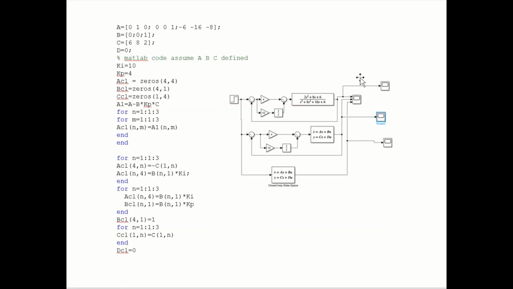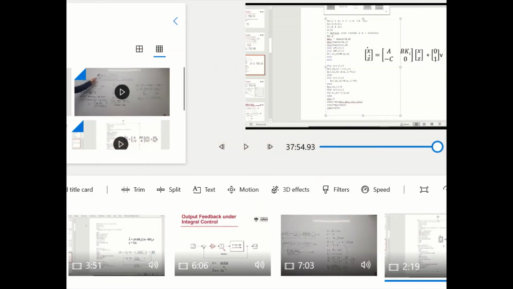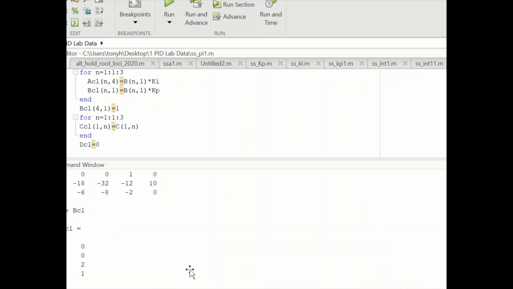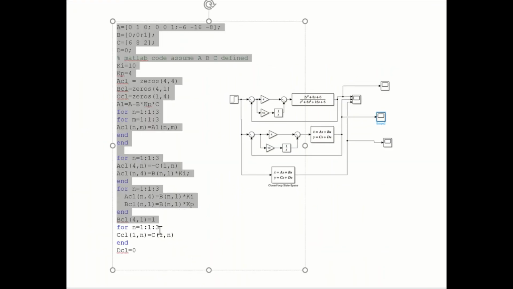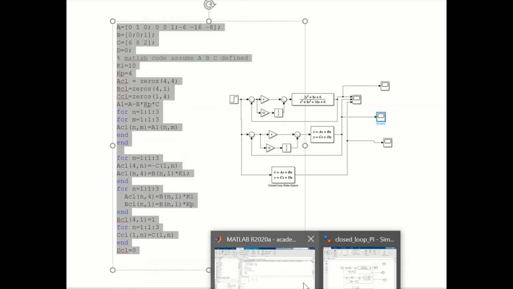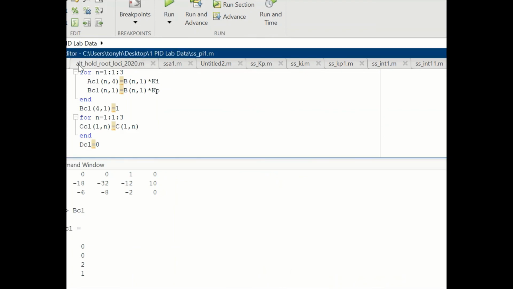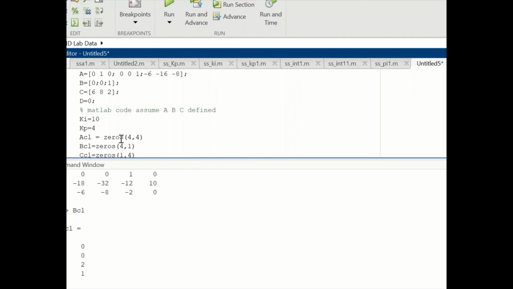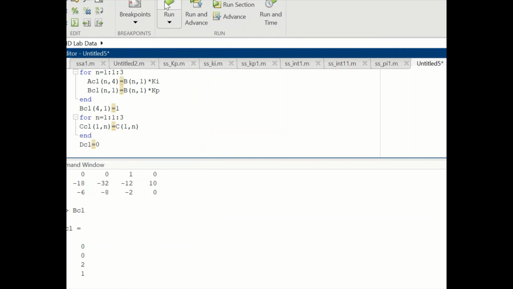But let's have a look now at the MATLAB code for this. So I'll get my code here, copy it, then go to MATLAB and do a new script. I've got the wrong size of screen now, but I'll paste it in, and there's our code there. So if I run this now,